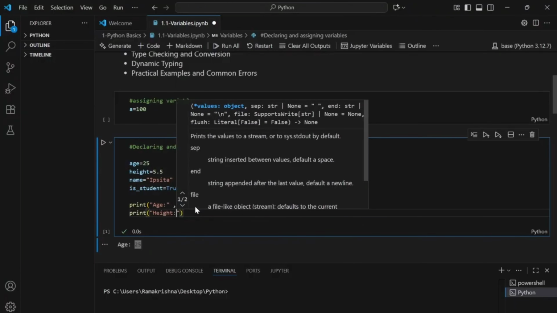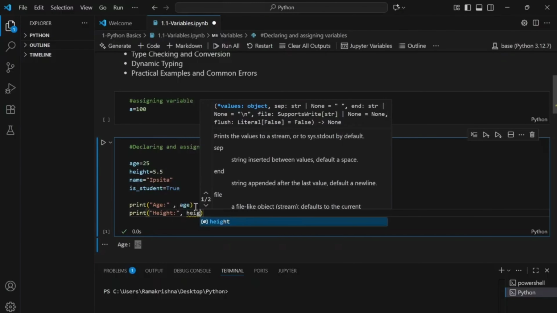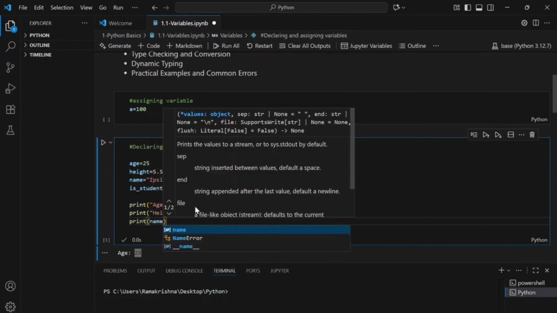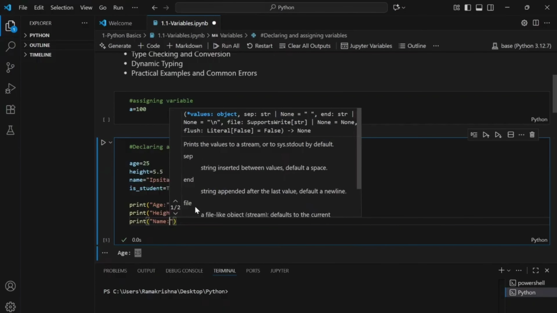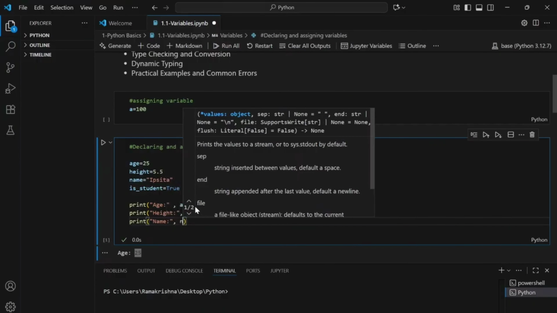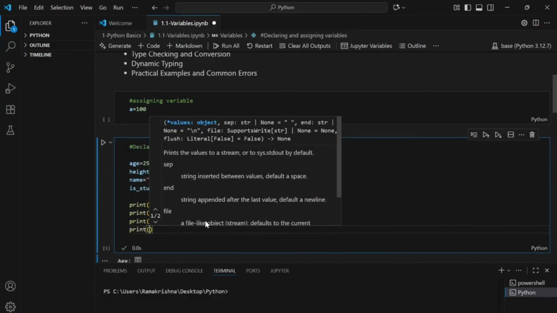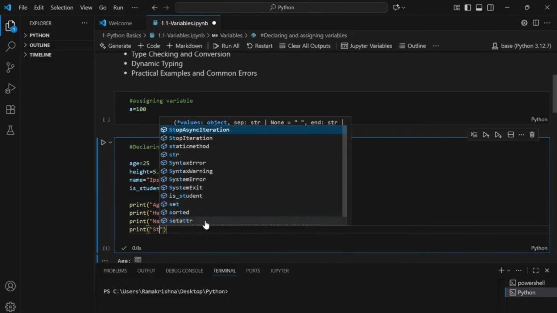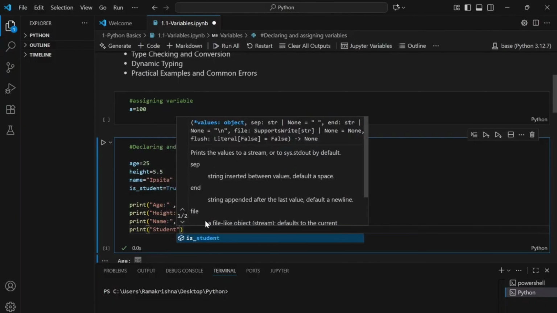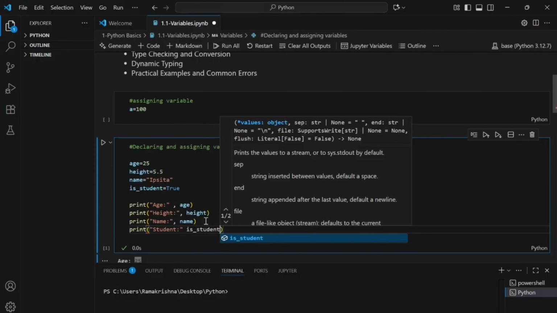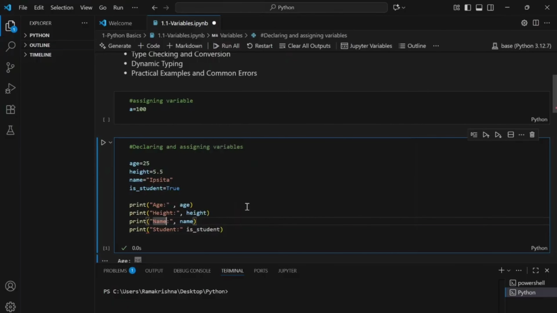Height, name, and then name, and then print is student. Okay.